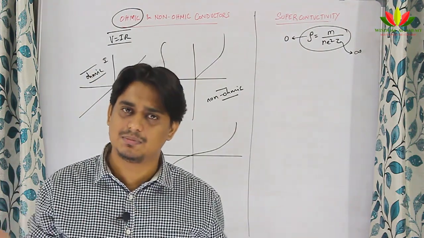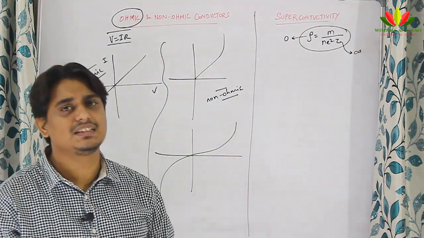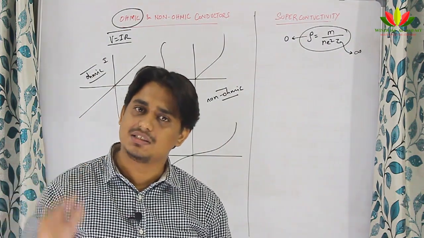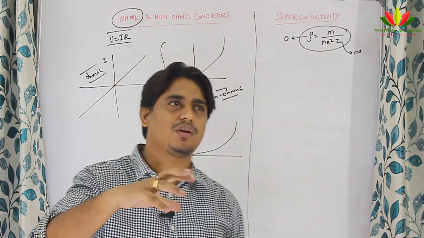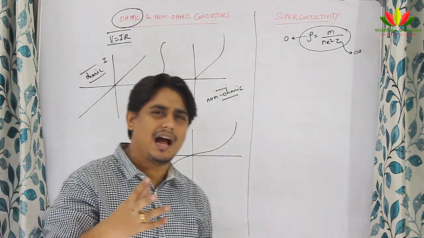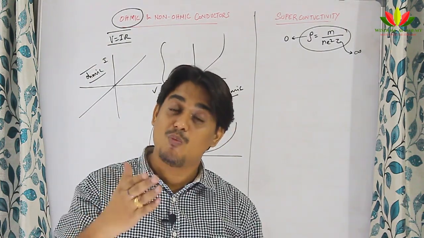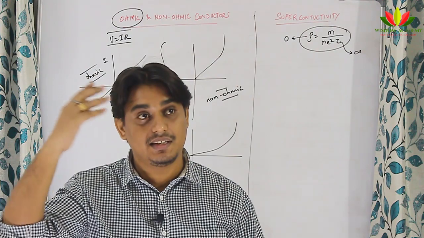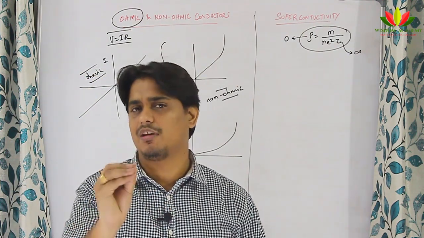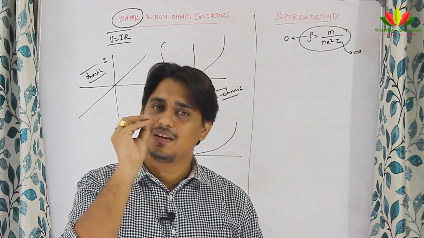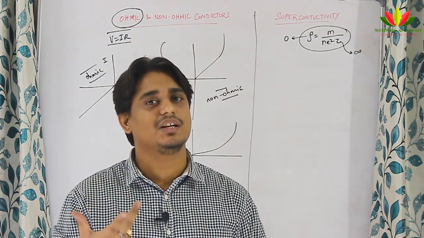There will be no resistance in the conductor. That kind of property is called superconductivity. Superconductivity is making the resistance, resistivity or resistance, 0 at very low temperatures. Like, if I take the example of mercury at around 4.2 Kelvin, see, 4.2 Kelvin is how much low a temperature? It is in the range of minus 269 degrees Celsius. At that much low temperature, what will happen? The mercury will lose all its resistivity and will start behaving like a superconductor.